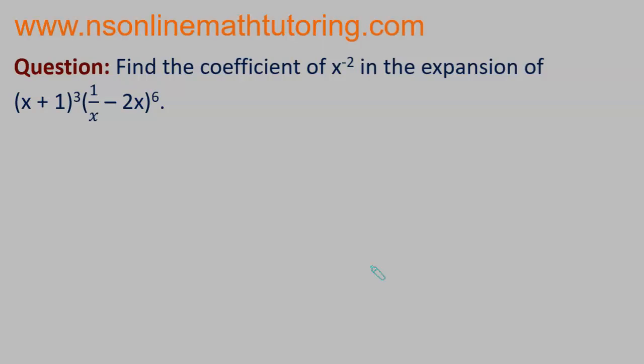Now the first question of this session says, find the coefficient of x to the power of negative 2 in the expansion of (x plus 1) to the power of 3 times (1 over x minus 2x) whole raised to the power of 6. As I had said in my previous session,